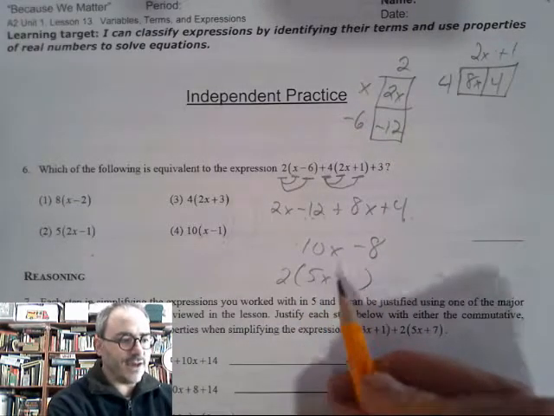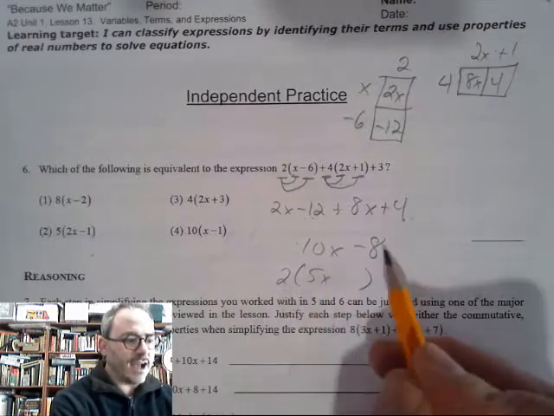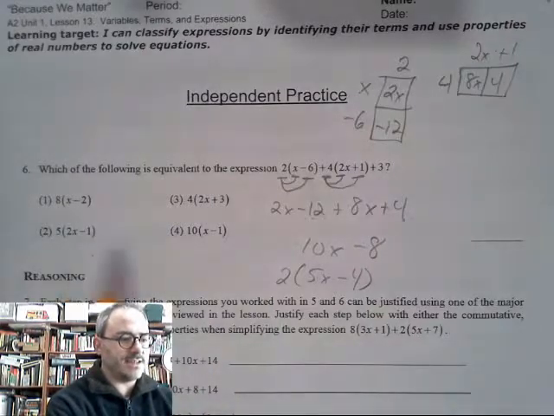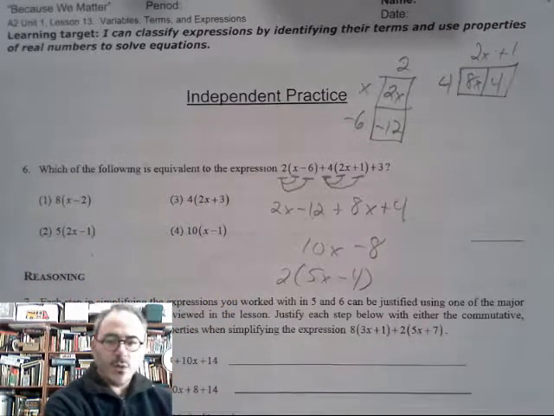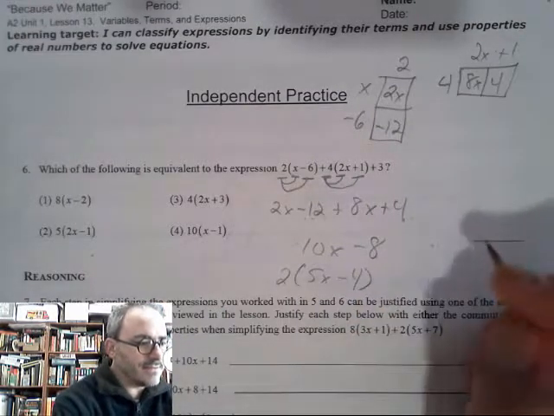10 divided by 2 is 5x. I can pull a 2 out of 10x. I can pull a 2 out of negative 8 and make it negative 4. Is this any of my choices? No. None of my choices look like that. What other numbers could I pull out of 10x minus 5? Well, I could pull out,